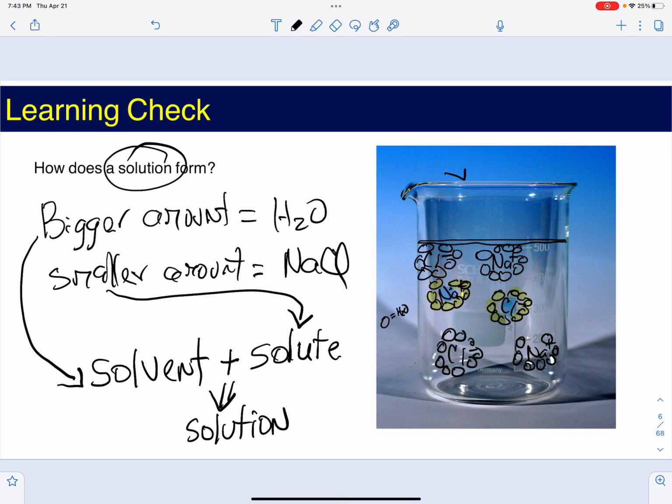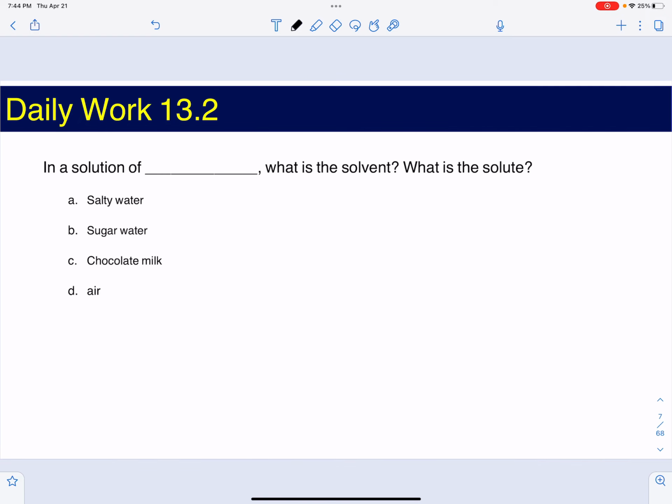So the solution is the combination of the solvent and the solute, and you know that the solvent has to be in the bigger amount because it's going to have to form those hydration cages, which requires a lot of those solvent molecules to trap the ions. Therefore, they have to be in the bigger amount. So now you know what the solvent is, now you know what the solute is, and you know that the combination of both is what we call the solution. So with that said, you should be able to answer this question. And once you do that,